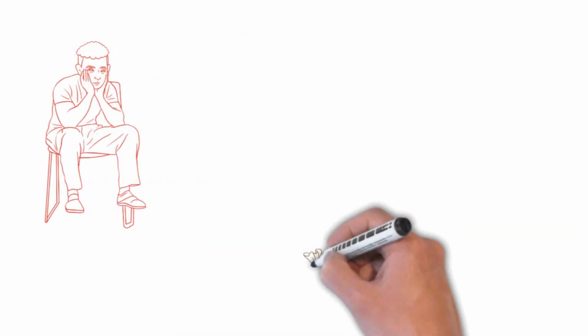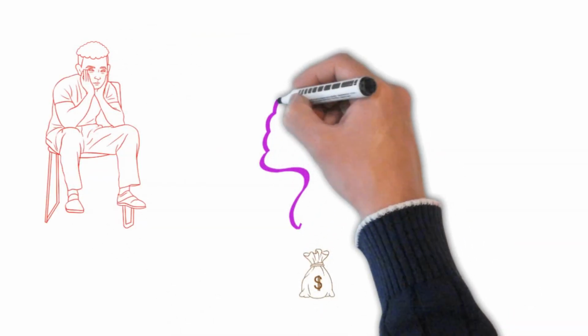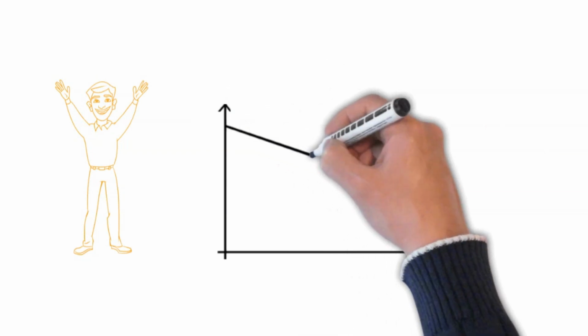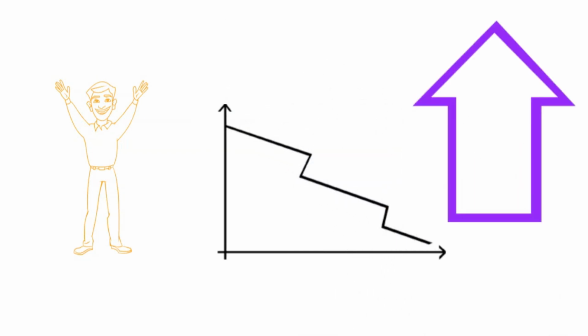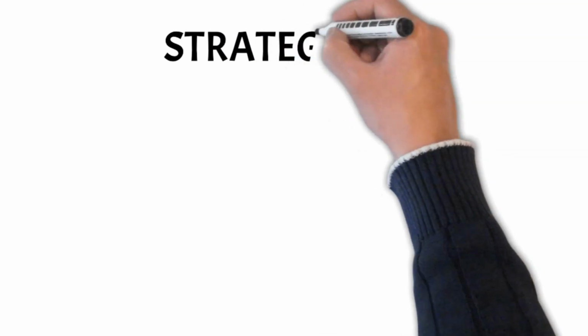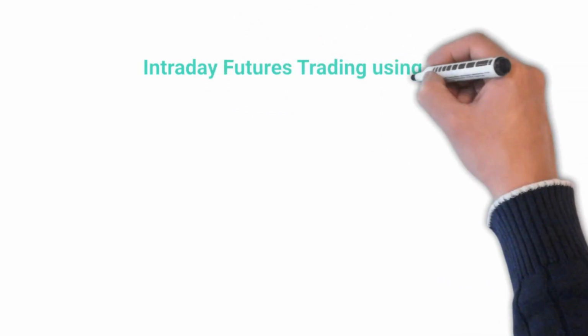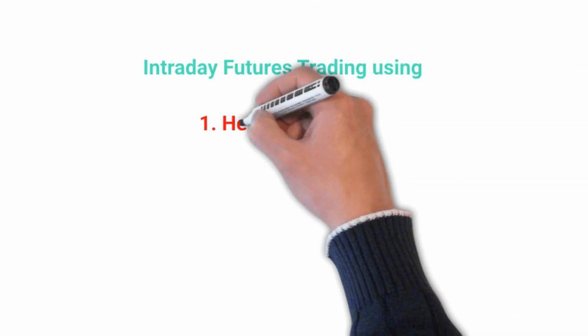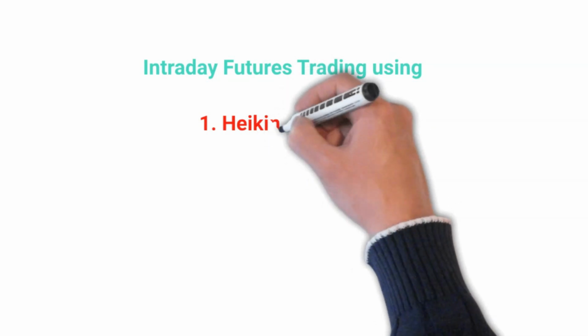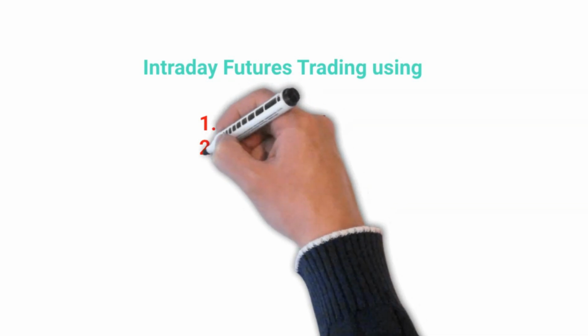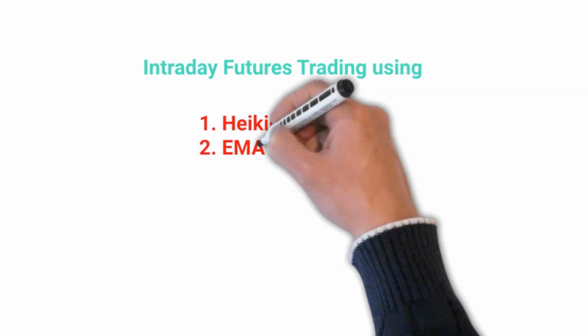Hello guys, are you scared to trade in futures as your stop loss is being hit every time? You might have taken the right trade, but the market reverses and hits your stop loss and then hits your target. Today's strategy will help you in identifying the trend and removing the noise. Today I will be teaching you how to be successful by trading futures on an intraday basis using Heikin Ashi candles and EMA. Trust me, I use this strategy myself and I am able to make consistent profit by trading futures.